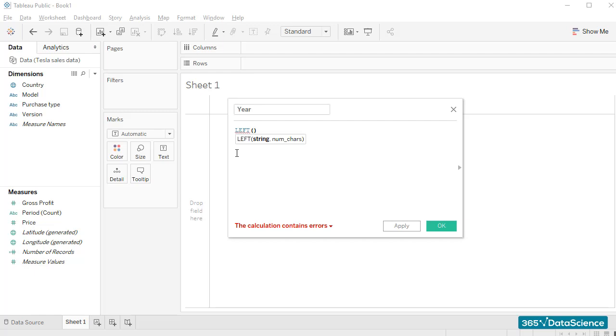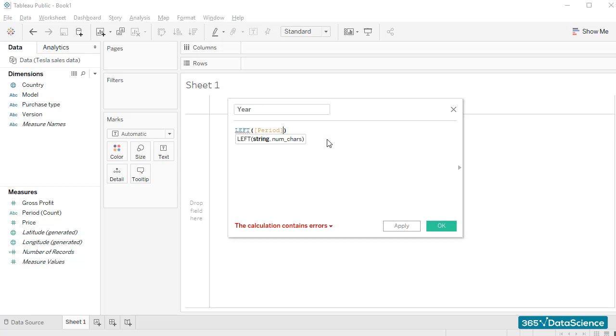In our next lesson, we'll pay extra attention to the different types of operations you can do to create custom fields. Okay, Tableau recognizes we are writing the left function, and it helps us with autocomplete suggestions. The left function needs 2 arguments from us. A string, which in this case is the period field we have in our source sheet. So I'll type period. And as I do that, Tableau manages to recognize I'm referring to the period field and allows me to select it right away.